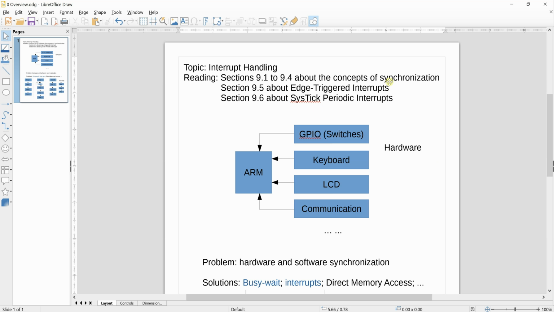One is about edge-triggered interrupts. You may relate this to the keyboard. And another one is the cyclic periodic interrupts. They are found in sections 9.5 and 9.6. And today we are going to look at the concepts of interrupts and synchronization as well as the cyclic periodic